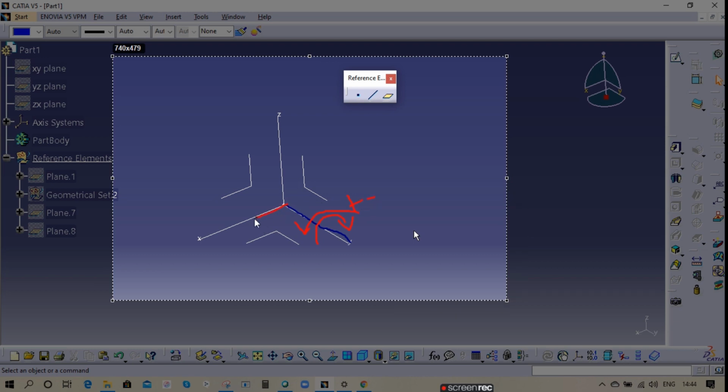If I select this axis, it will rotate in this direction. If I select this axis, it will rotate about this axis. Both take plus and minus values. So this is how the rotation axis and angle play the major role.